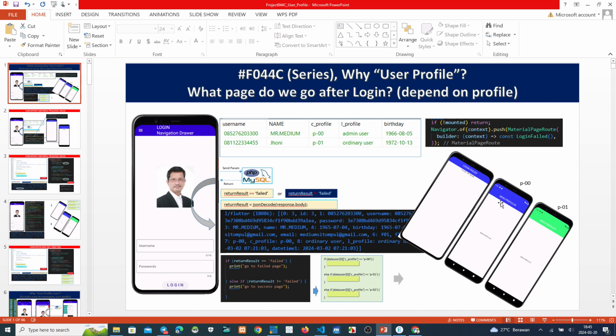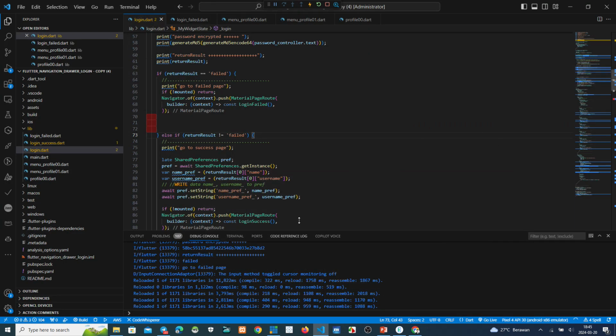Maybe to main page or main profile or main menu or maybe main division A, division B, or something like that. So now we want to analyze first.